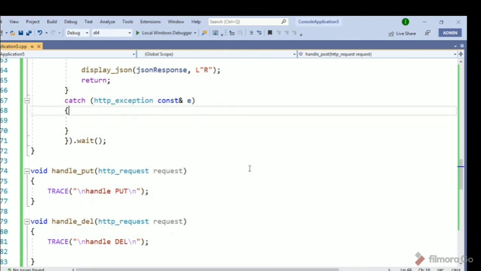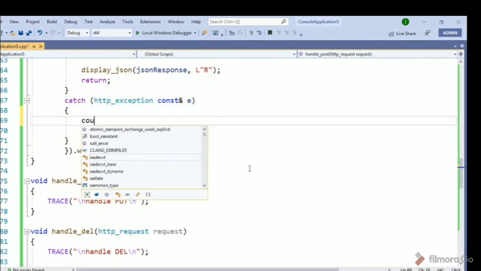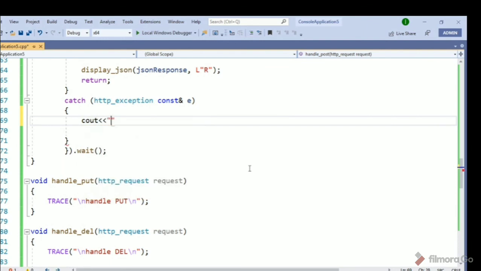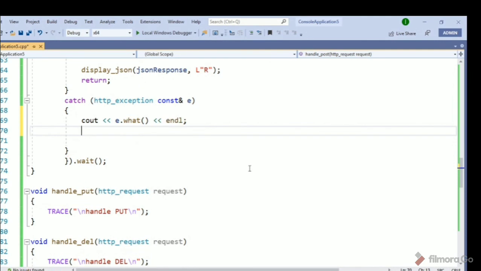Okay, so one thing more, we can have some errors as well. So it's better to catch those HTTP exceptions. So we can print here what type of error we get. Okay, this is good.